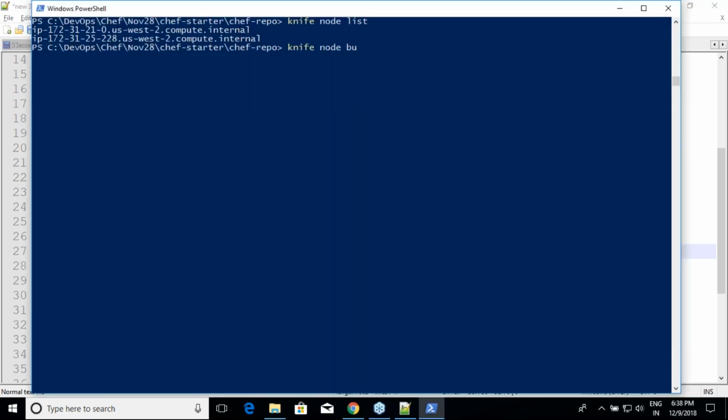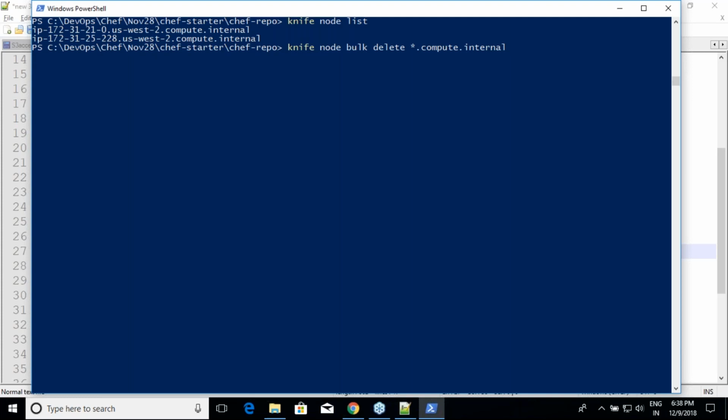All right. So knife node bulk delete star dot compute dot internal. Let us see what happens. Or you can give individual names.